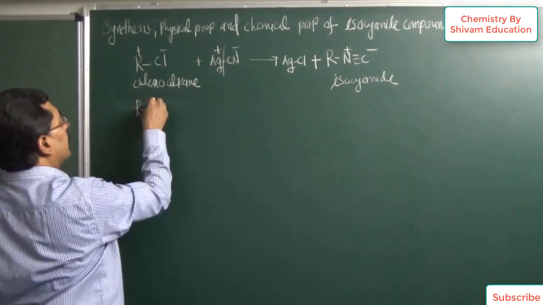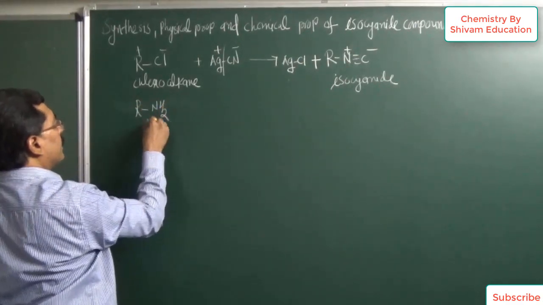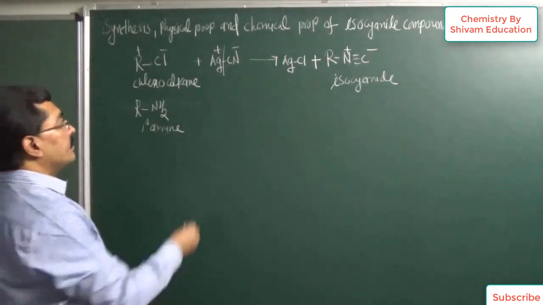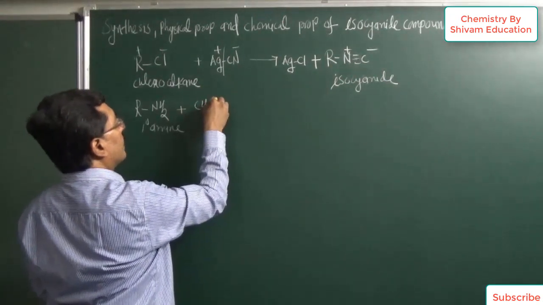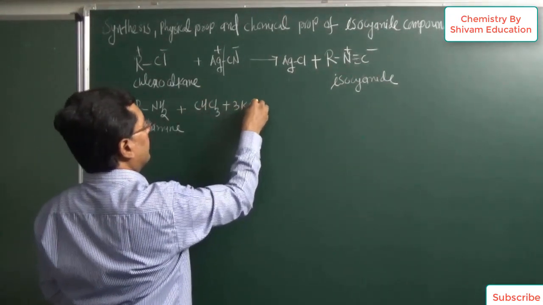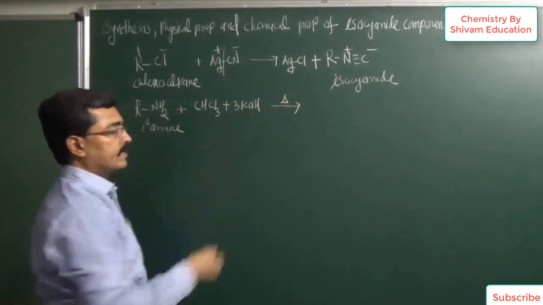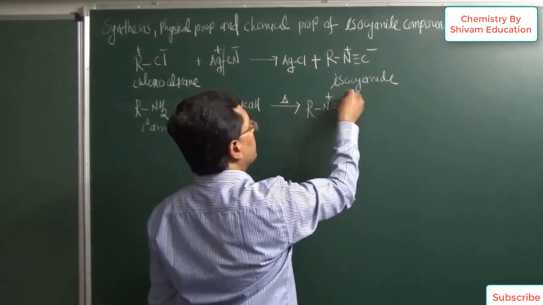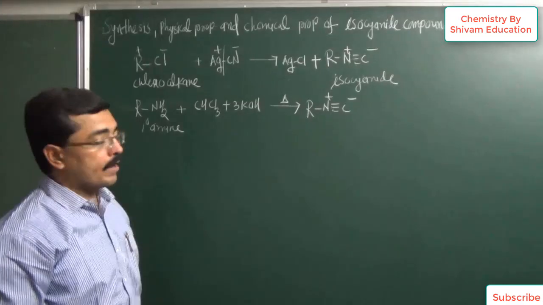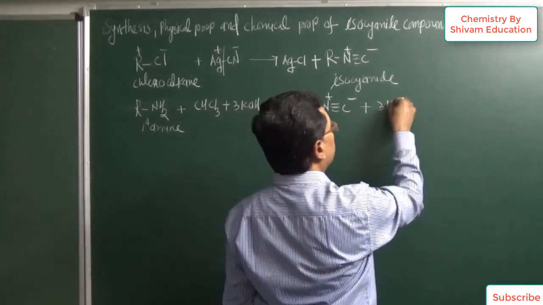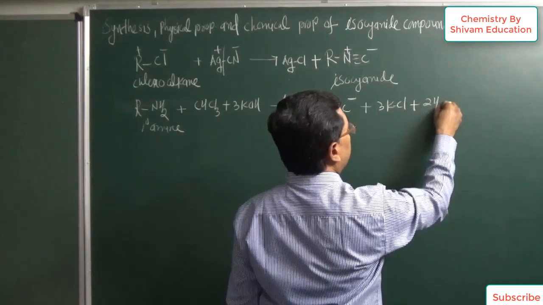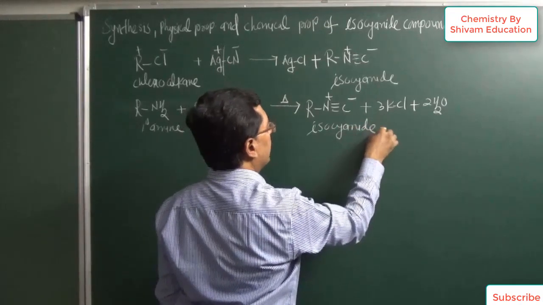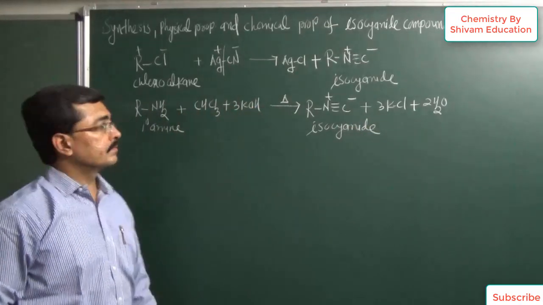Now second thing, we are knowing very well, isocyanate compound is possible to prepare from primary amine. It may be any type of aliphatic or aromatic. Now this amine, when allowed to react with the chloroform and 3 mole of potassium hydroxide, and when we heat this thing, then carbylamine test, and as a result of carbylamine test, foul smell containing isocyanate will be obtained. With this we are getting 2 common byproduct, 3 moles of potassium chloride and 3 moles of water. So it is observed that by using this method, isocyanate compound is possible to prepare.